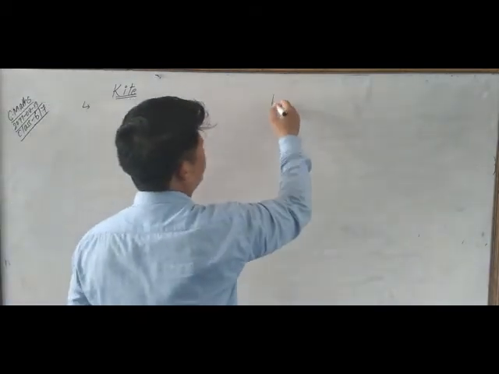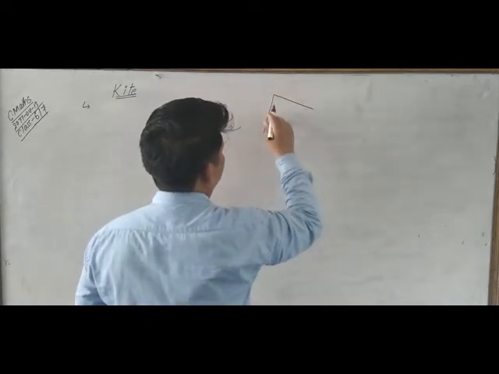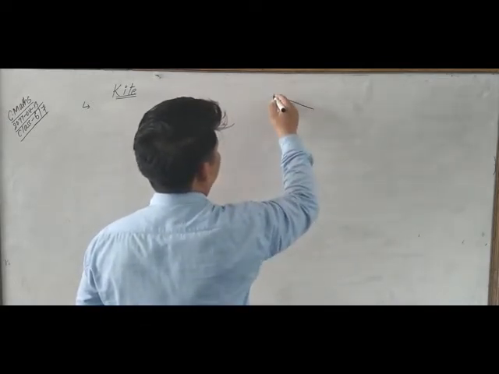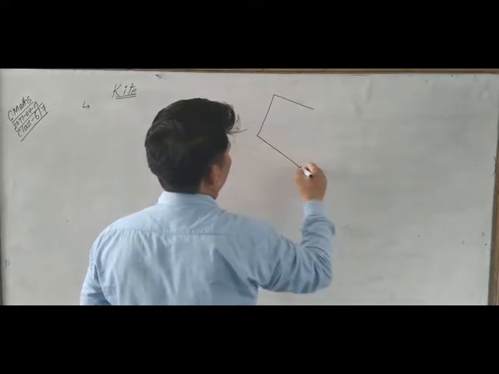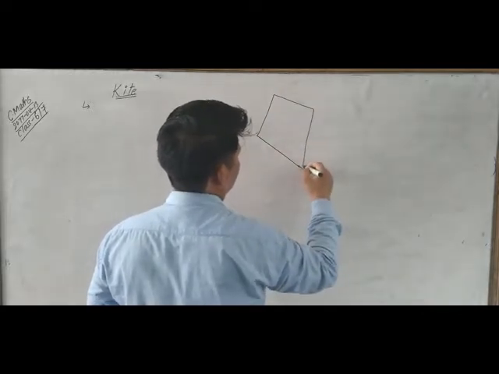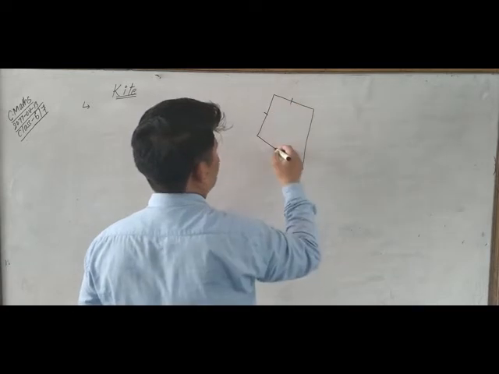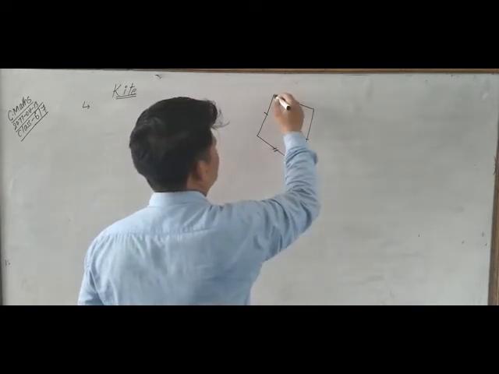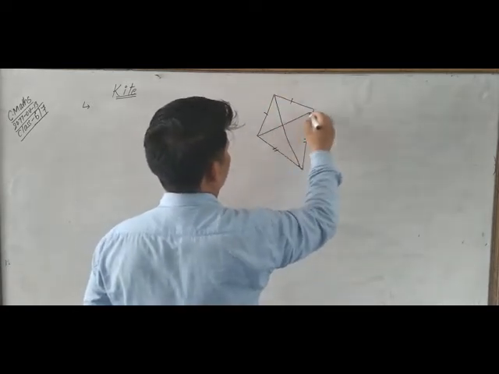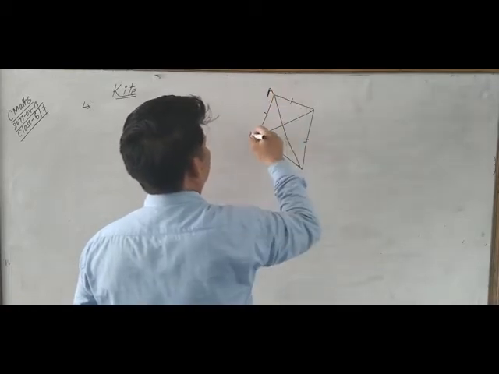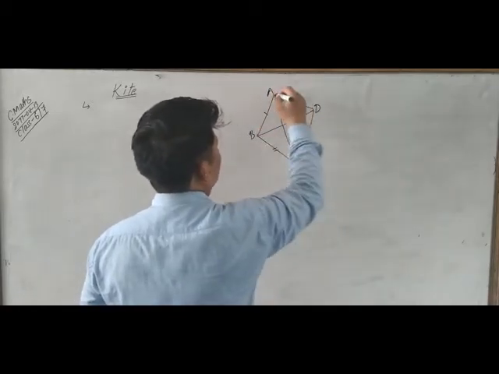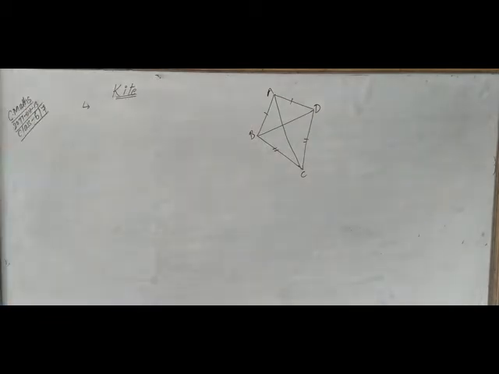Today I'm going to talk about the kite. As I already defined the kite in the last videos, I am going to repeat it once again. So it is a kite. By the definition of kites, we can draw this type of figure. It has two diagonals, one longer and one shorter. So label the kite A, B, C, D.